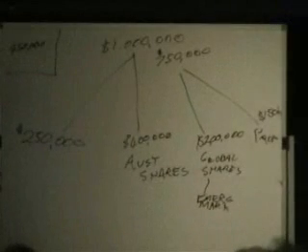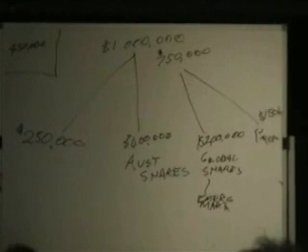Within property, maybe $100,000 in Australian listed property and $50,000 in